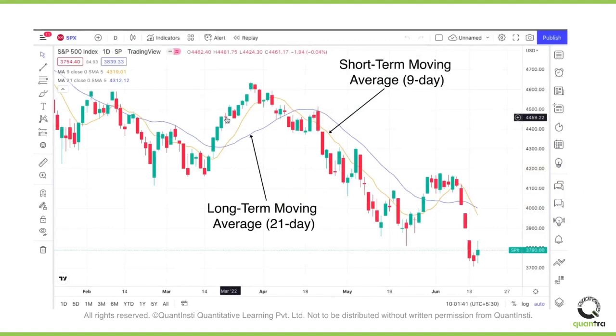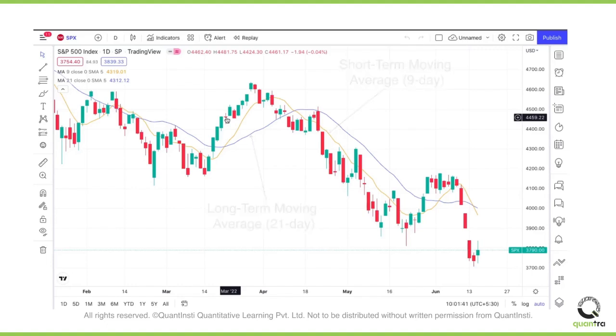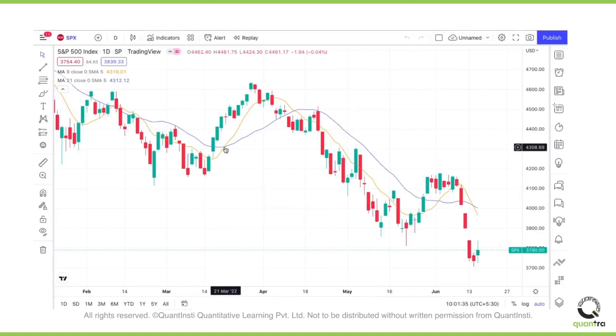This is the chart for the S&P 500 index during the period February 2022 to June 2022. We have already applied the moving average indicator. The orange line is the short-term moving average, and the blue line is the long-term moving average. On the 21st of March, the entry condition has been met. The price on this day was